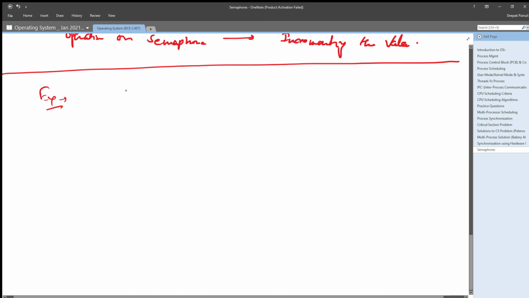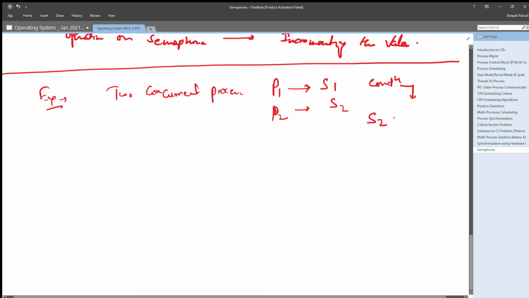Let us say we have two concurrent processes, P1 and P2, where P1 has statement 1 to execute and P2 has statement 2 to execute, and we want the execution of these two concurrent processes such that S2 always follows S1.